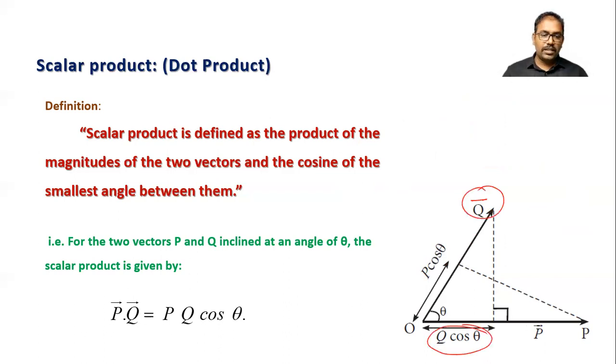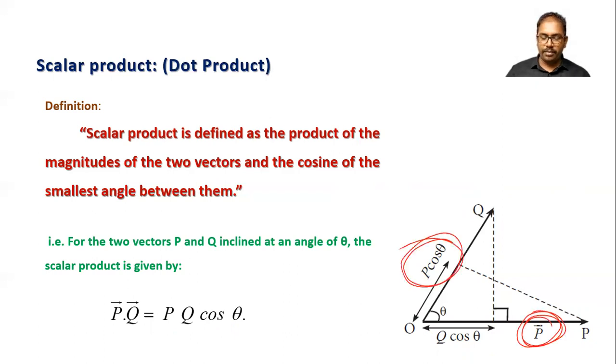So we can define this scalar product like this way. This is the magnitude of the vector p and q cos theta is this. And this magnitude multiplied by this q cos theta is the scalar product. So scalar product of two vectors can be defined in that way also: the magnitude of one vector and the component of another vector in the direction of the vector is the scalar product. You can remember it anyway. If the question is asked, find out component of p bar in the direction of q bar, you have to find out p cos theta, that you remember.